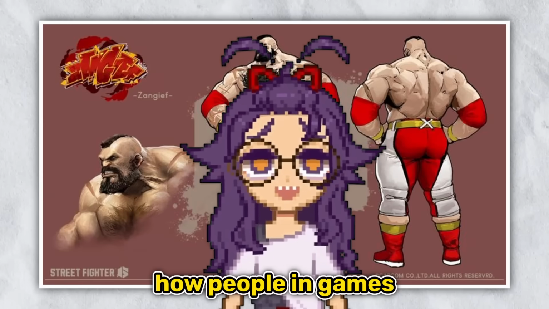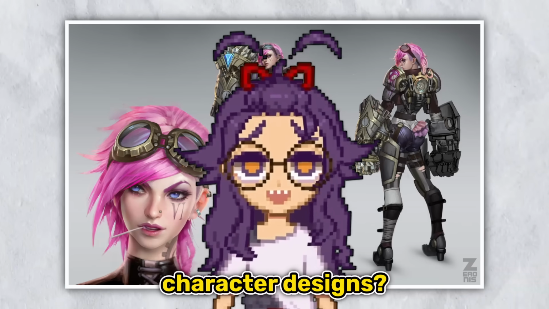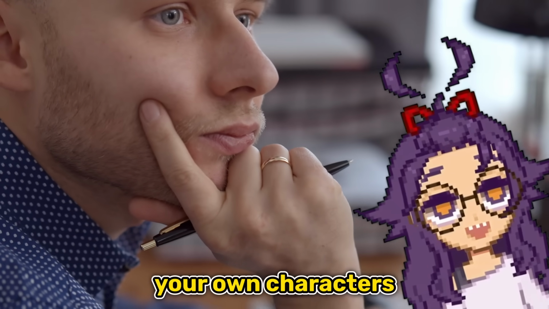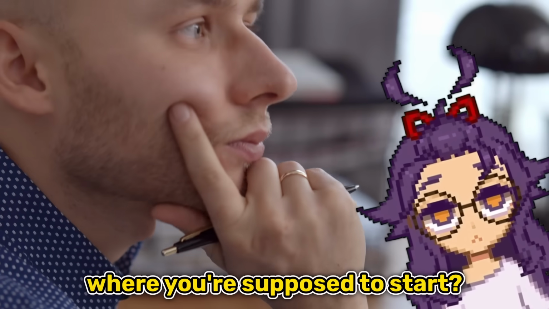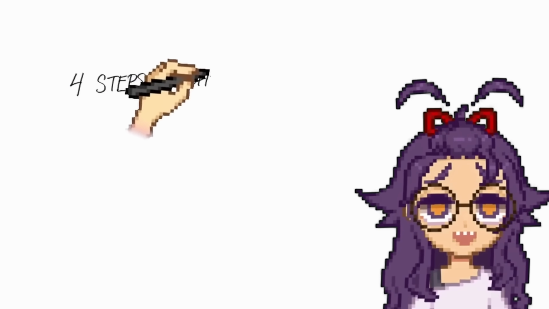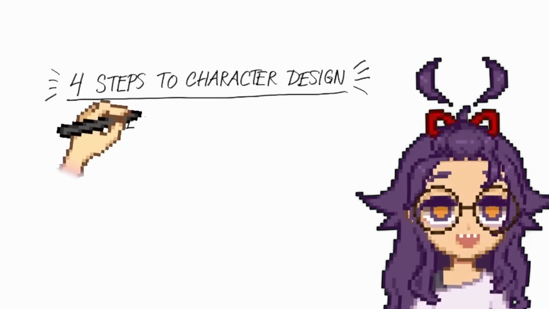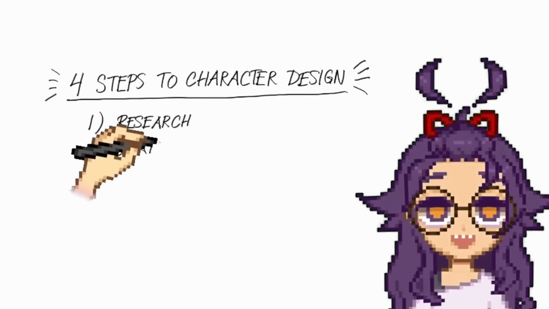Have you ever wondered how people in games make these incredible character designs? Like, how do they even do it? Have you ever wanted to design your own characters, but you're not really sure where you're supposed to start? What is character design really? Isn't it just making pretty outfits? If you've ever been curious about these things, I'll try my best to explain them and also explain the 4